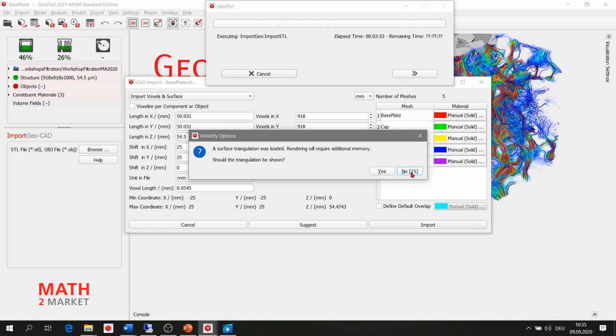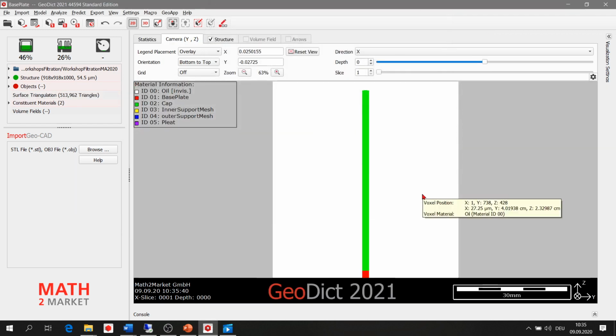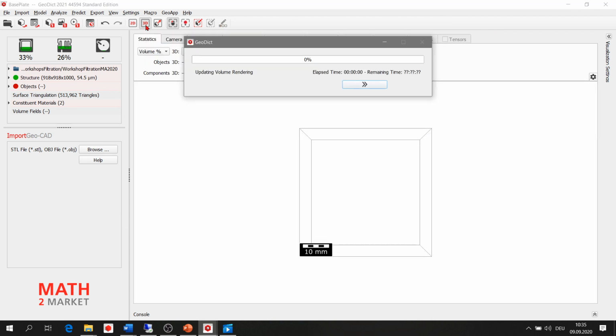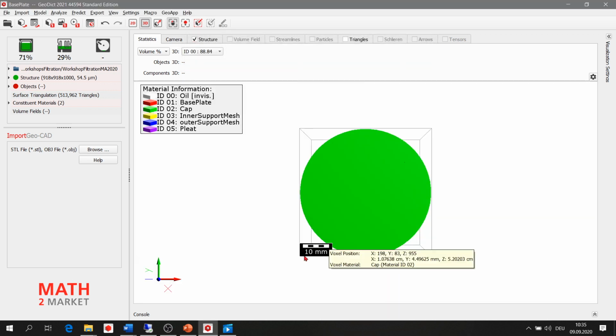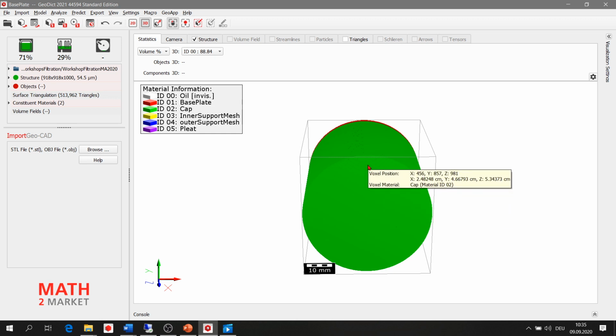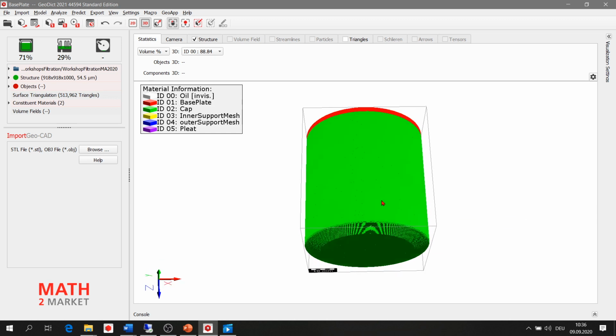So we don't need to see the triangulation. So yeah, the geometry is now imported. This is the 2D view. We can change to 3D view, and you can here see the scale bar. We can keep the left mouse button and rotate this a bit.